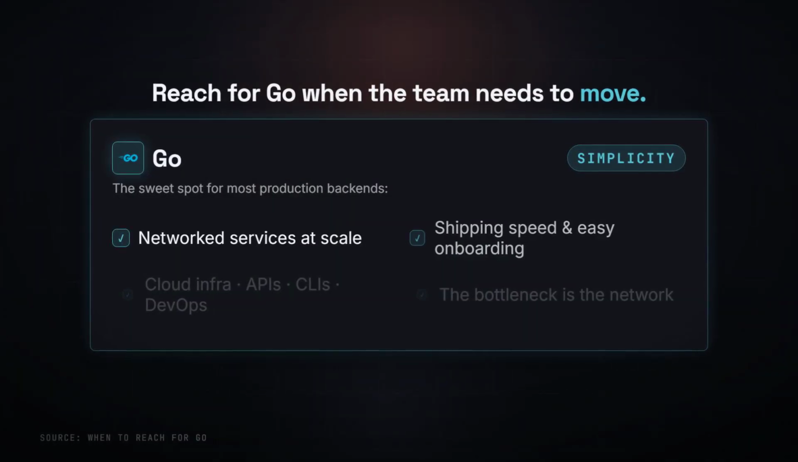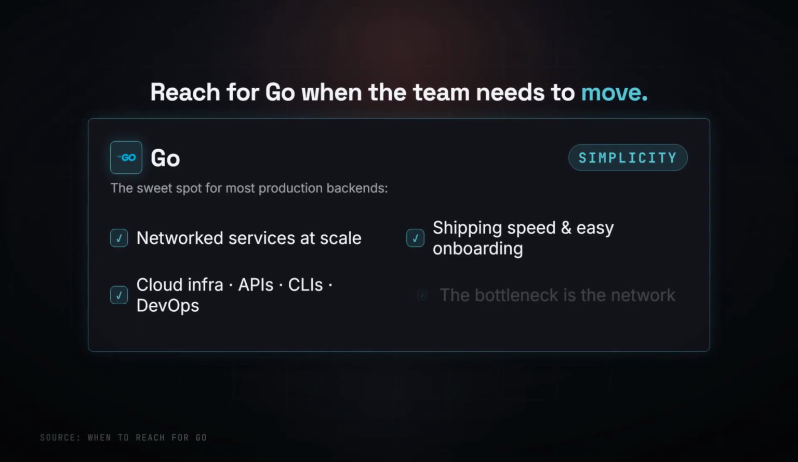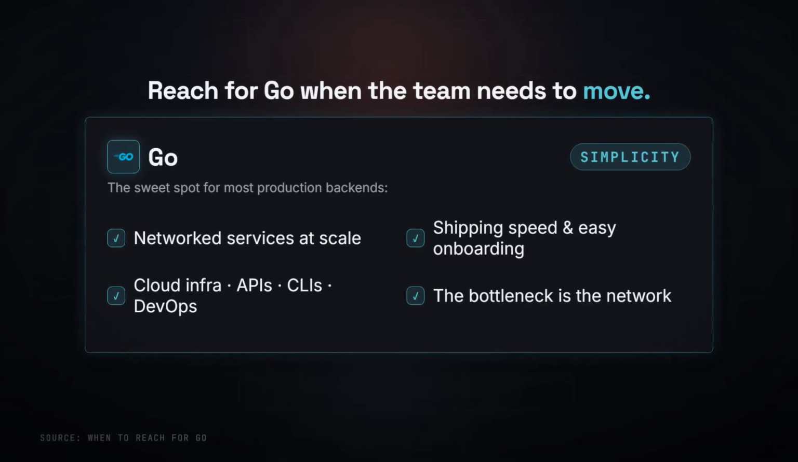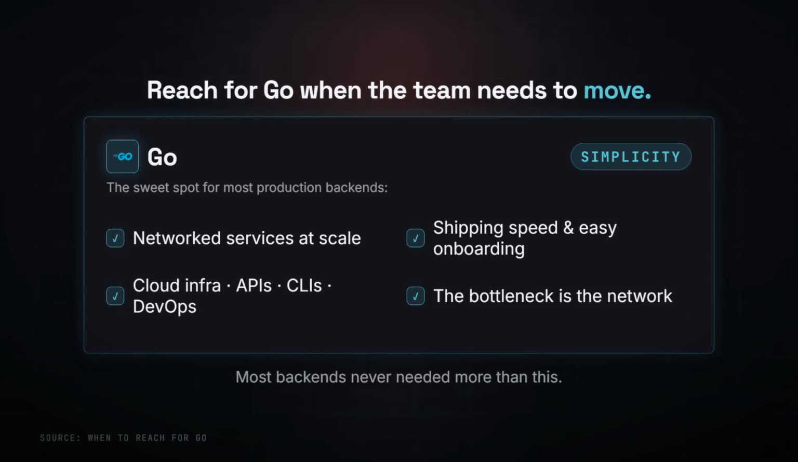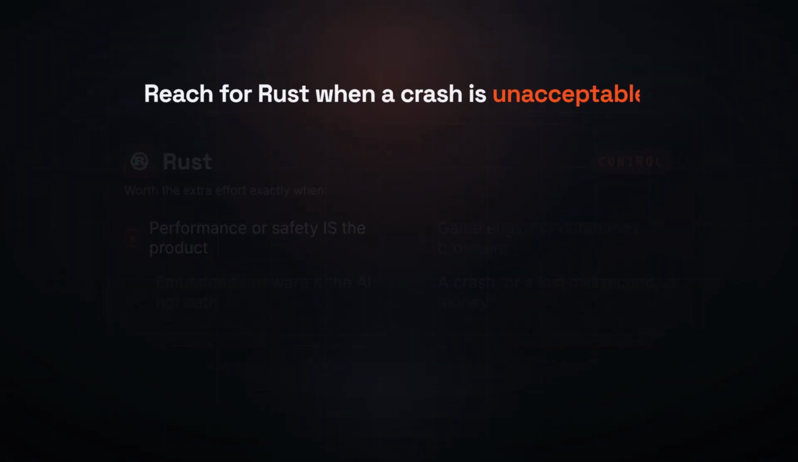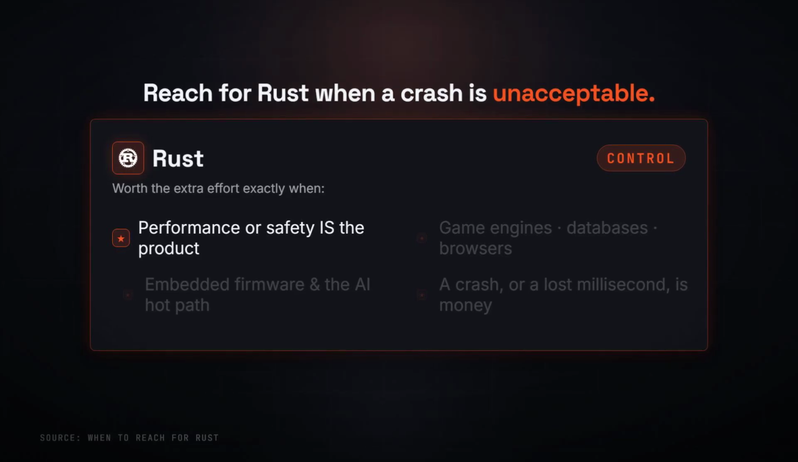Teams building network services at scale who care about shipping speed and onboarding: cloud infrastructure, APIs, command line tools, DevOps. If your bottleneck is the network and your priority is a team that can move fast, Go is almost always the pragmatic answer. Most backends never needed more than this. And Rust, when performance or safety is the product, not